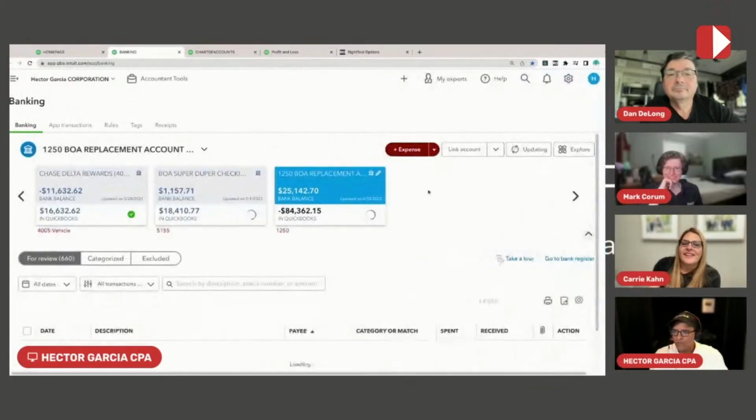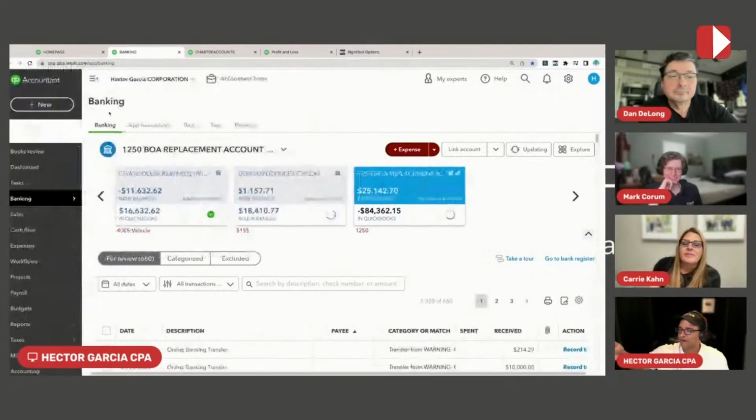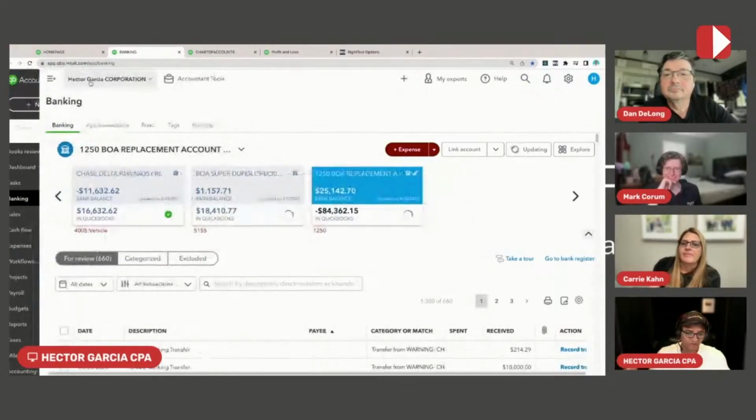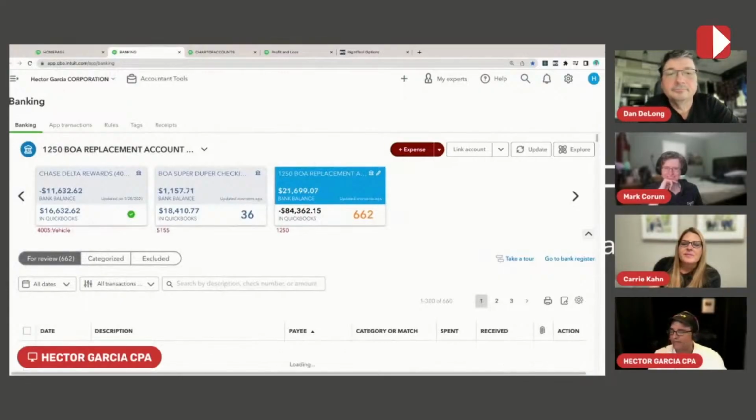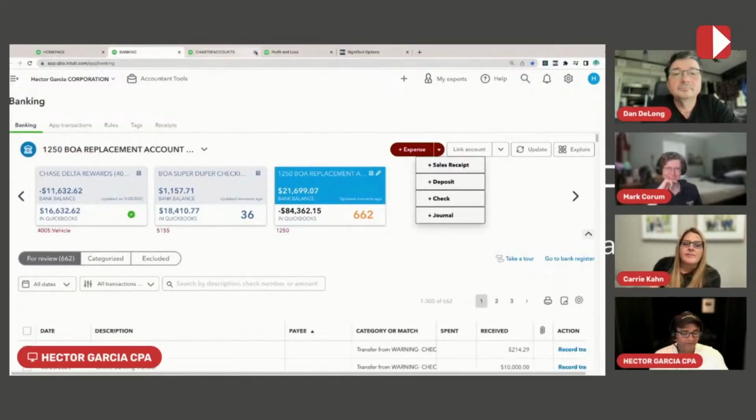Let's start with this. Usually when I'm in banking, and this comes from the way I work, I don't like to have the left navigation bar. I find that it takes way too much real estate. So I always collapse the left navigation bar when I'm on bank feeds. The challenge with that is that then I lose that new button that I'm used to. So what I've done is, usually the transactions that are generally open to creating from bank feeds are an expense, a sales receipt, a deposit, a check, or a journal, because they're the only things that affect